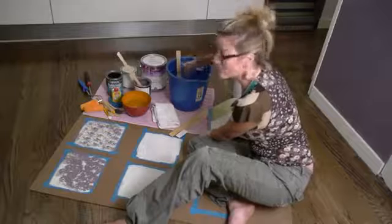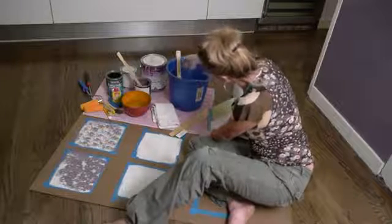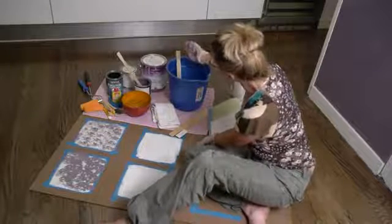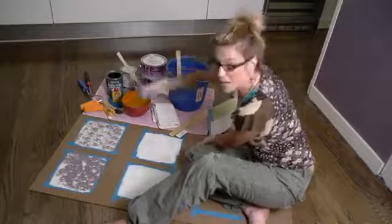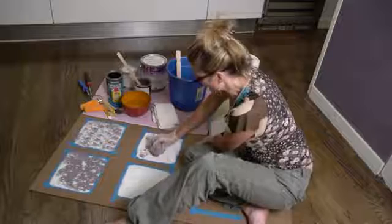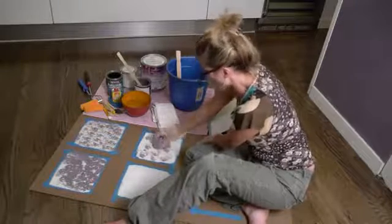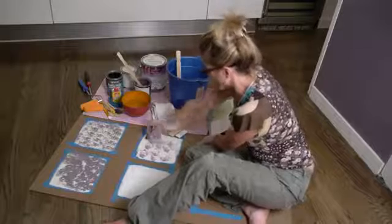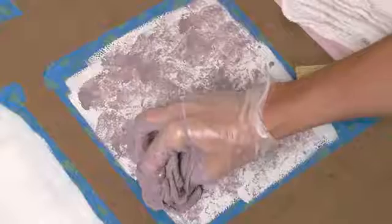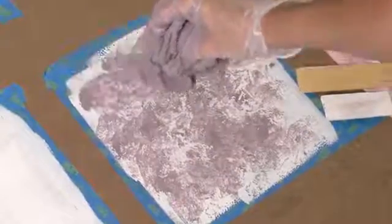It kind of reminds me of tie-dyeing when I was a little kid. What you're wanting to do is just leave enough color in the rag that you've got that's all crumpled up, so when you come to the wall, it is going to leave different marks all over the wall that are related to the fabric itself. As you can see, there's some nice porous parts that are coming from this burlap-like fabric,